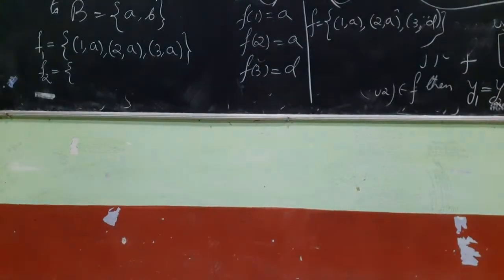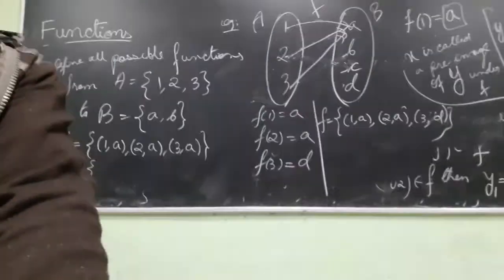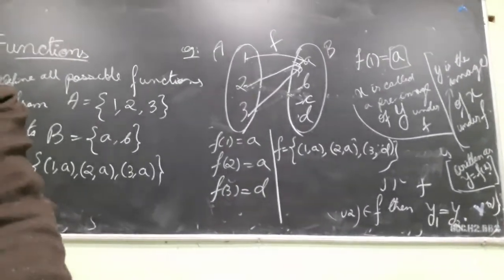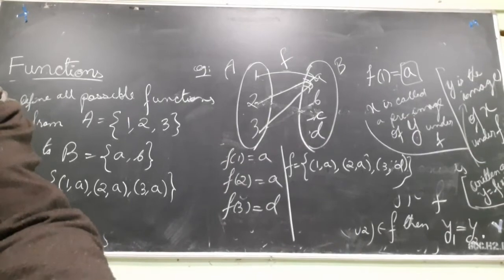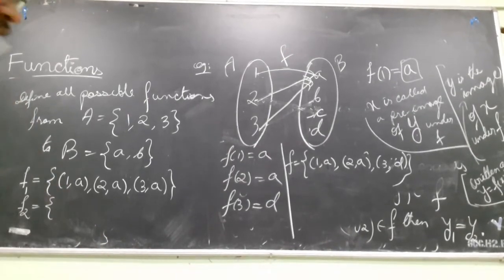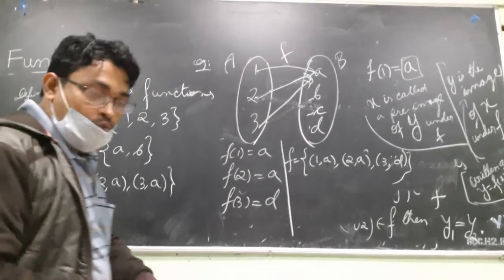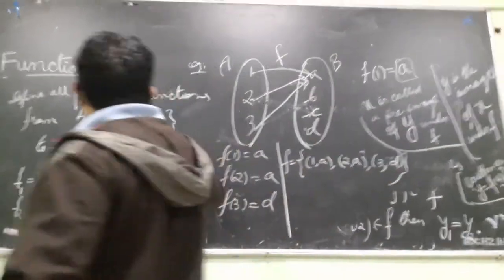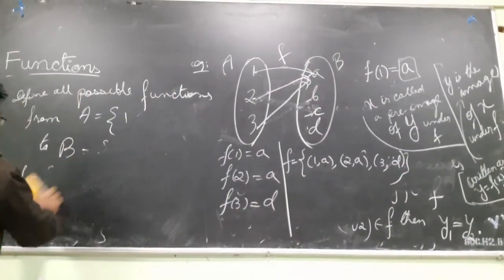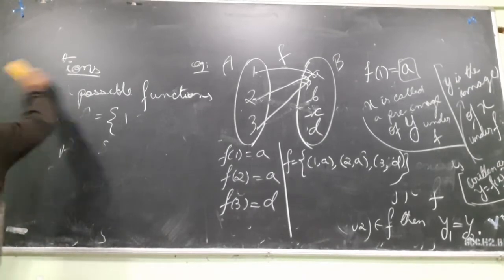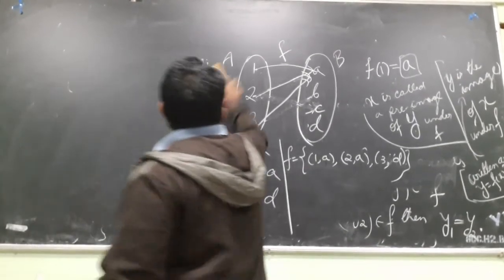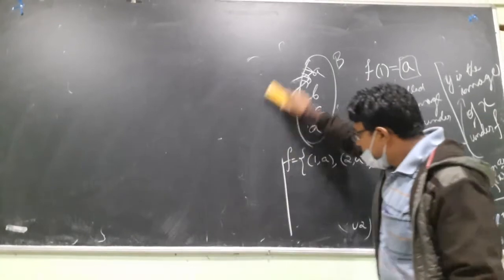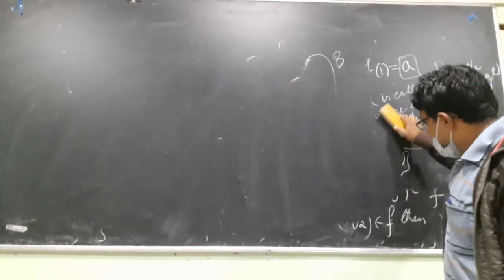So what are those? Exactly 8. So we can list those. Okay, we can list those functions. There won't be more than 8. Okay, why, we will see. It's a result of combinatorics. It's a very simple result. We have already done the multiplication rule of combinatorics. Okay, we will see how it is applied to count the number of functions.